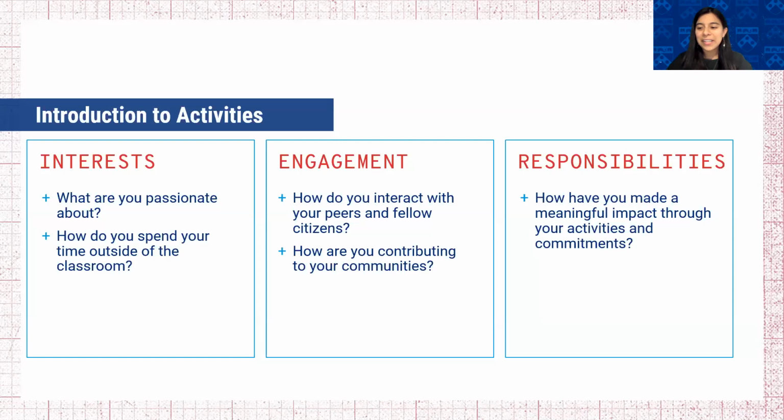In this middle box under engagement, I said earlier that as we're building our class, we're also building a community. So that means that we're looking for roommates and teammates, lab partners and friends as we're reviewing these applications. And we want to understand through your engagement how you'll be a Penn citizen, how you'll interact with others on campus, and how you'll take advantage of the resources that we have on Penn's campus. And finally, under this last box, under responsibilities, we really hope that you don't conflate leadership and responsibility with title.